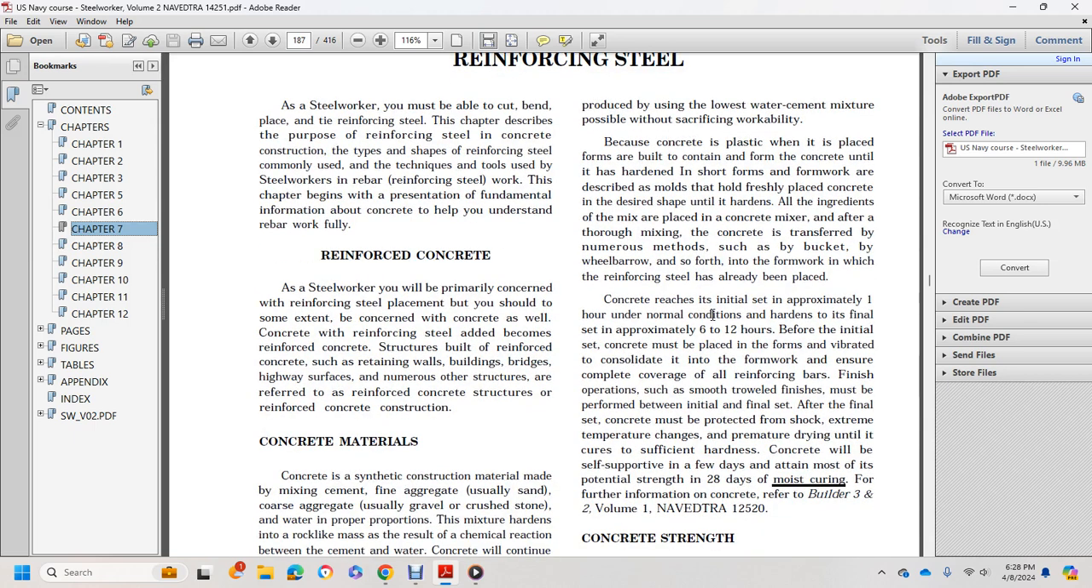Concrete reaches initial set in approximately 1 hour under normal conditions, and hardens to final set in approximately 6 to 12 hours. Before the initial set, concrete must be placed in forms and vibrated to consolidate it into the formwork and ensure complete coverage of all reinforcement bars. Finishing operations, such as smoothing, must be performed between initial and final set. After final set, concrete must be protected from shock, extreme temperature change, and premature drying until the cure is sufficient for hardness. Concrete will be self-supportive in a few days and attain most of its potential strength after 28 days of moist curing. For further information, see Concrete Use, Builder 3 and 2, Volume 1,